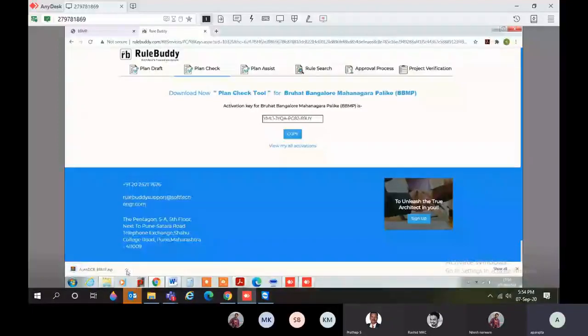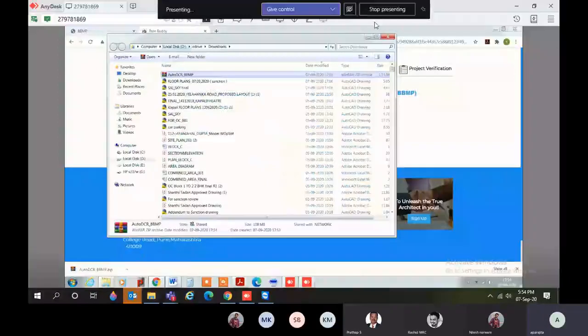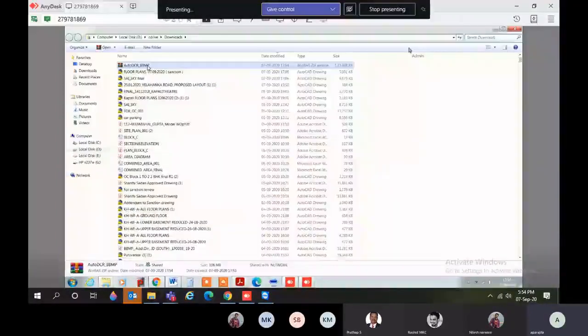So it's downloaded. Go to location. Then extract this zip file.